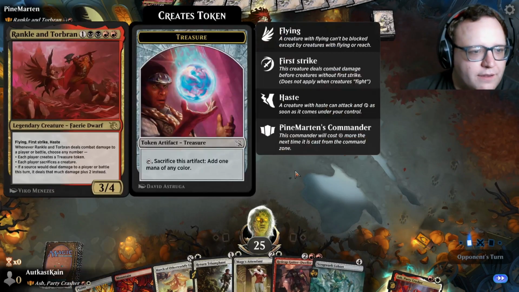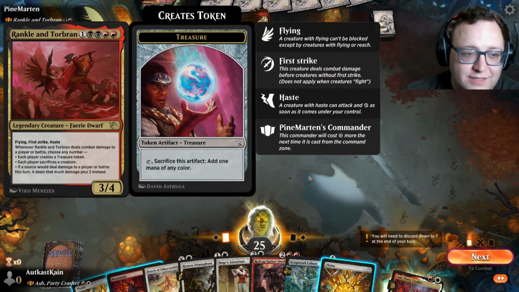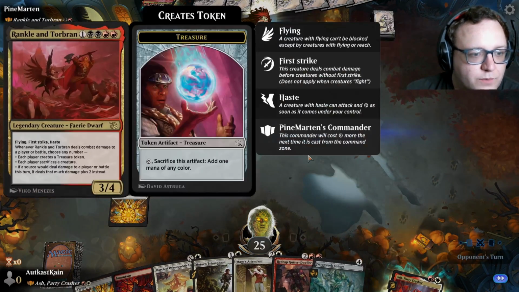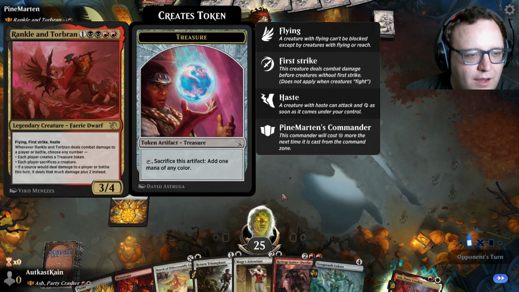Rankle and Torbrand: 5 mana, flying, first strike, haste. That's pretty good. Whenever it deals combat damage to a player or battle, choose one. I'll draw my land, that's good. Choose one: each player creates a treasure token, each player sacrifices a creature, or if a source would deal damage to a player or battle this turn, it deals that much damage plus 2. So it's after combat. They can...